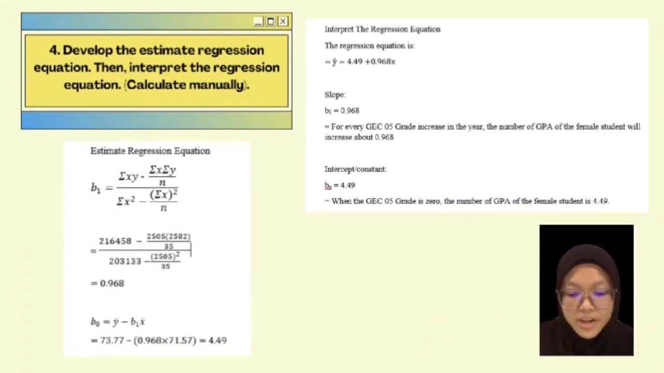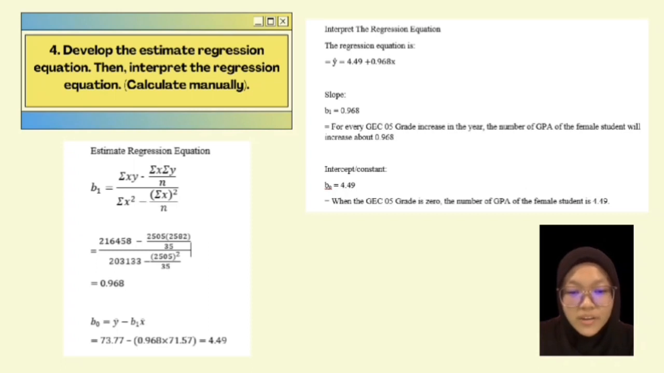For simple linear regression, to estimate the regression equation, we use this formula, where we need to settle the equation and divide first. After that, we need to minus and then divide again. Then we will get the answer 0.968. For the next formula, b0 equal y bar minus b1 x bar. So we will get the answer 4.49. The regression equation is y equal 4.49 plus